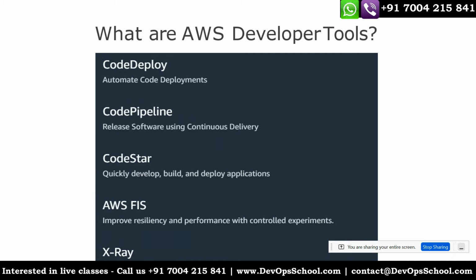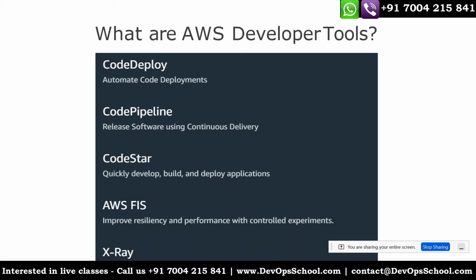We have a few more tools like CodeDeploy, used for automating the deployment, and CodePipeline, for CI/CD. So you can set up CI/CD like Jenkins and stuff like that. CodeStar is like a quick way to develop, build, and